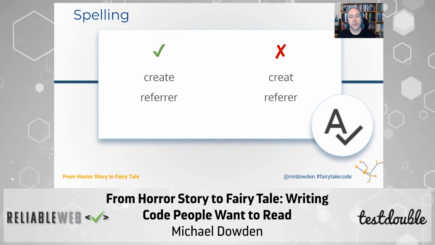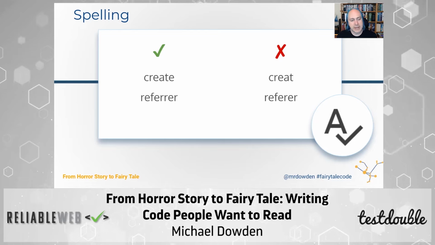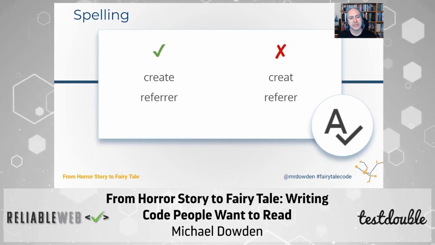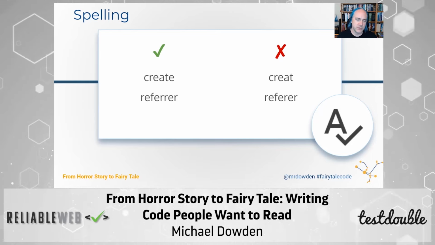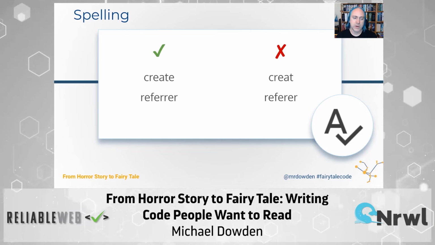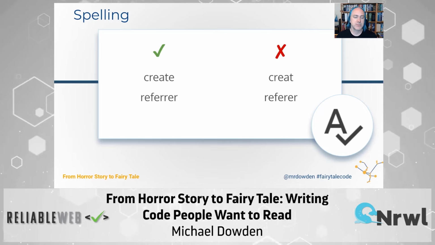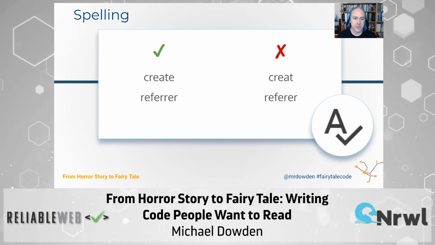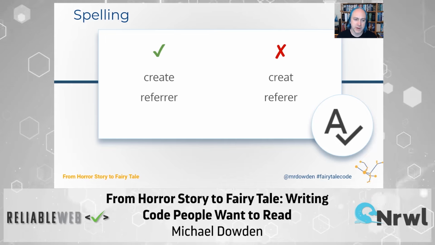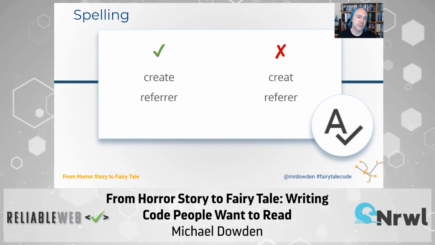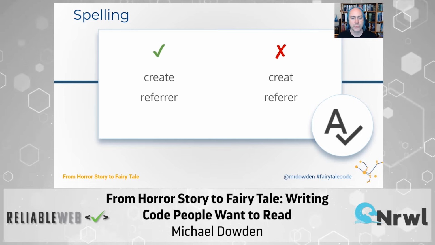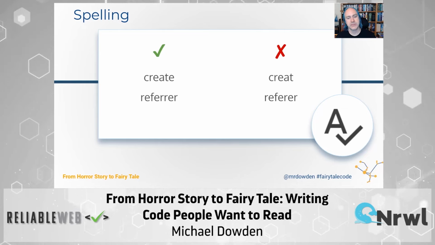Referer with one R is actually part of the HTTP spec. Now, it's been updated. The spec now has 2 R's, and all of the web servers and browsers and everything now can use 2 R's. But for backwards compatibility, everything still supports referer with just 1 R. And it's there because the spec was misspelled at the time it was created, and now we're stuck with it. And whenever you have a public API that other people are going to use, please spell that really, really carefully. But again, this means that now we have to check a couple different spellings whenever we're trying to find things in our code. Try to avoid creating confusion by these sorts of misspellings.